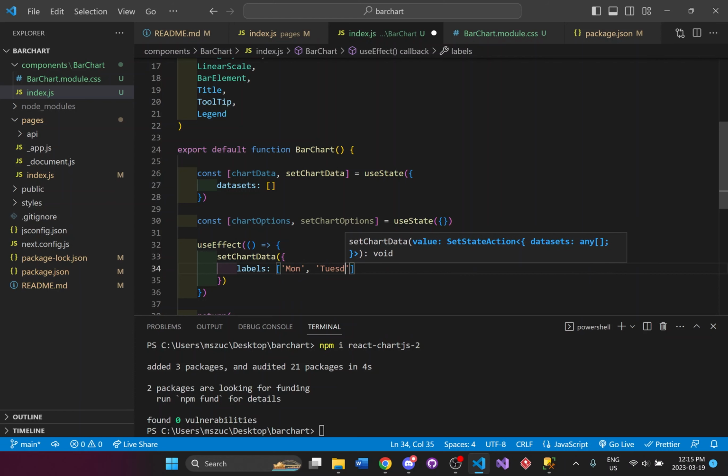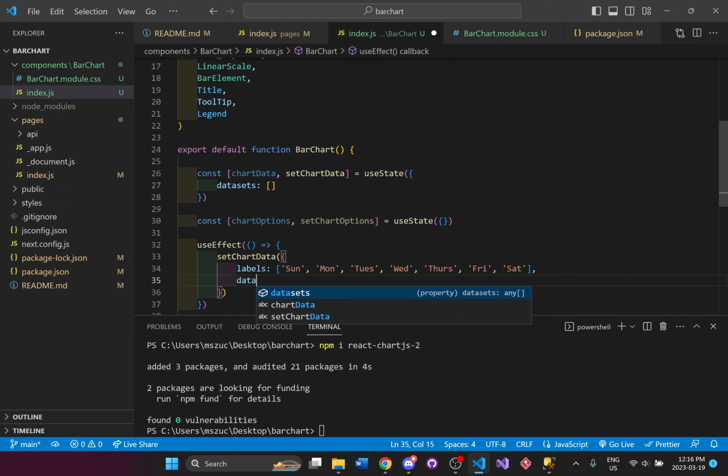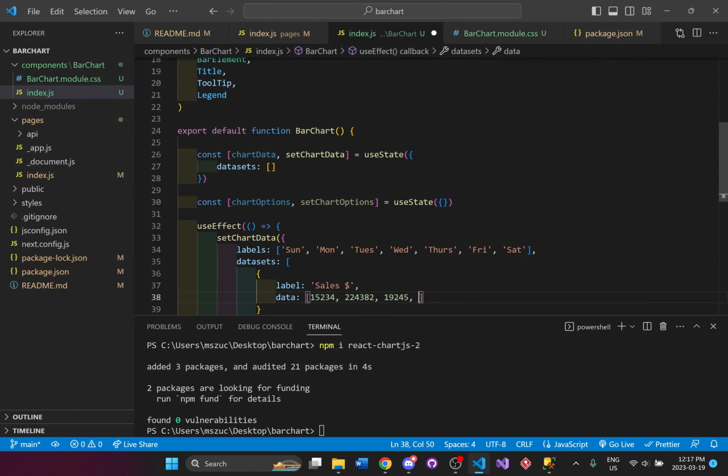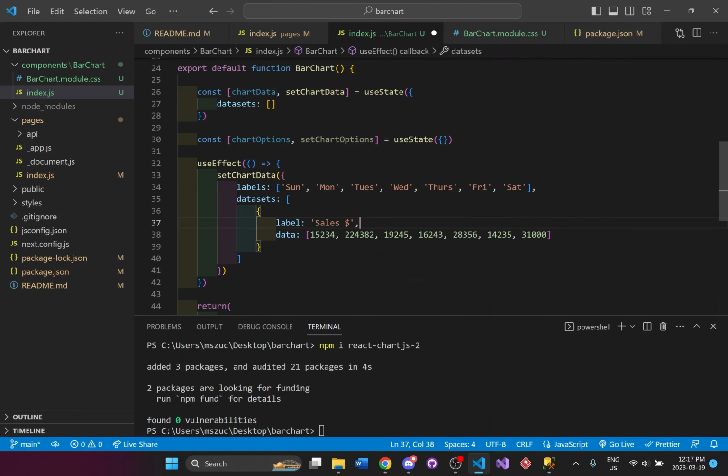I'm just going to set up some data for sales for each day of the week. So these are going to be the sales for each day of the week. And then I'll just add some color.